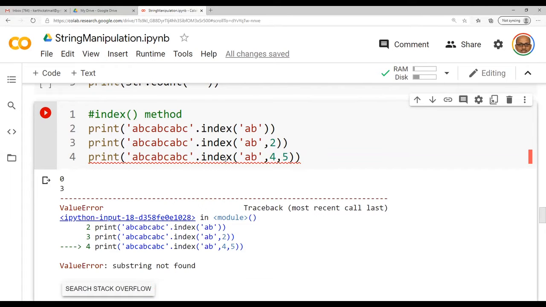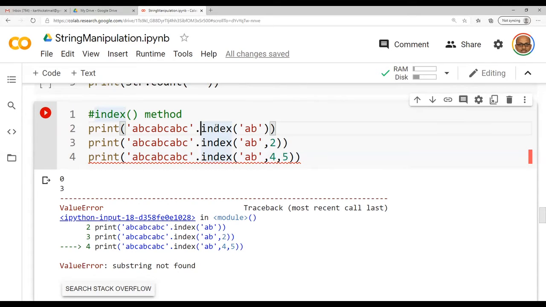Whereas I am trying to start with a position and end with a position wherein I am not able to find AB there, and hence for the fourth print statement, the system throws an error. Kindly note, when the searched substring is not present, the index method returns an error.